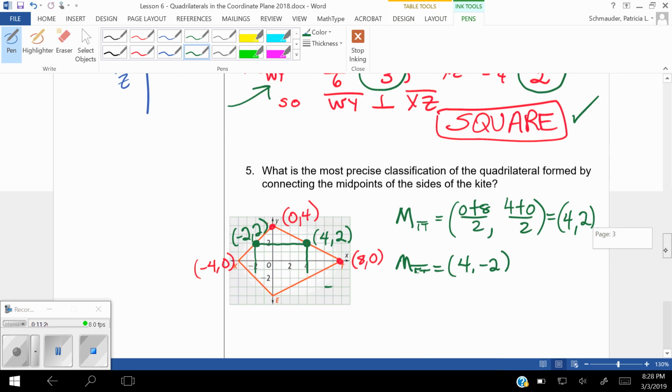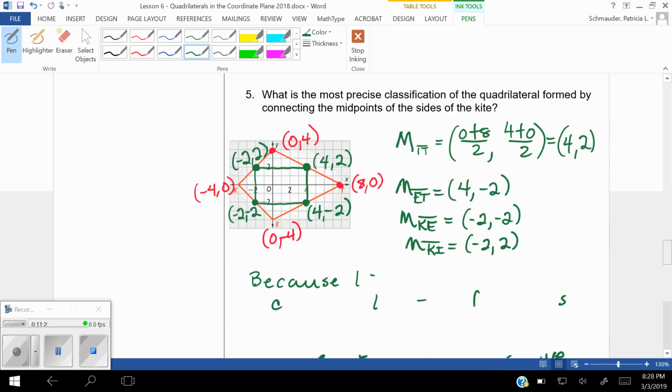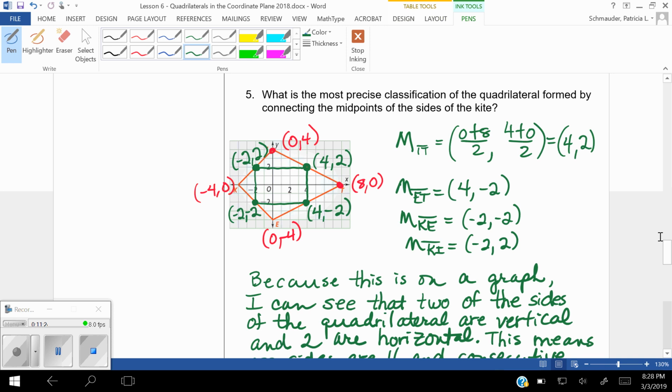Okay. And then, looking at this next problem, I went ahead and wrote some notes on this. So the first thing I got to do here is find the midpoints of all the sides of this kite, because it says what is the most precise classification of the quadrilateral formed by connecting the midpoints. So I found those midpoints here, here, here, here, and I sketched those in, as you can see in my